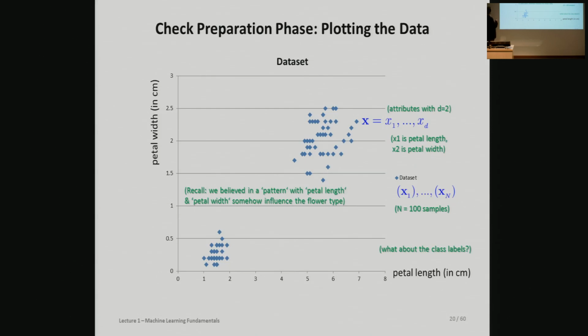So indeed, petal width and petal length seem to form a pattern, that some of them are just longer, if you want, than others. This is something interesting for the data set that we study. If you look at the data set at this point, we have about 100 samples painted here, and these mean a collection of vectors. We have just, let's say, 100 vectors of 2 dimensions, the mathematical description, right?